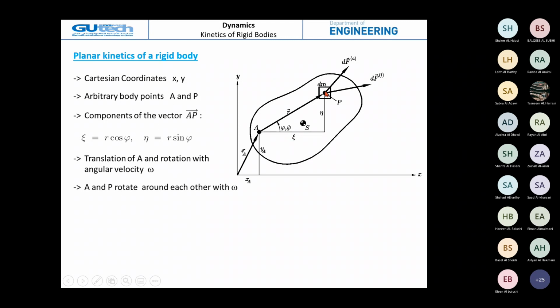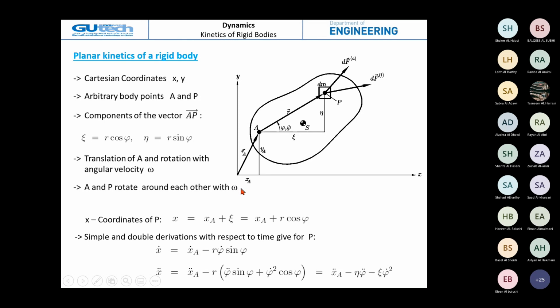Then the body, the point here, rotates. When it rotates relative to A or to the coordinate system x, y, this is denoted by omega. Omega is only phi dot, the angular velocity. A and P rotate around each other with omega. Now, if we take